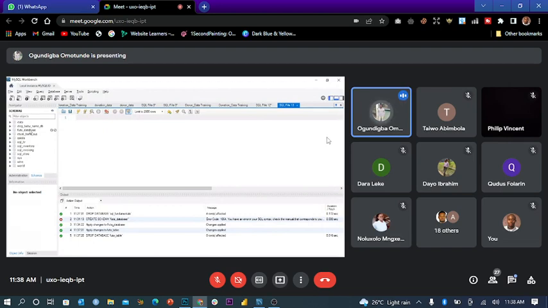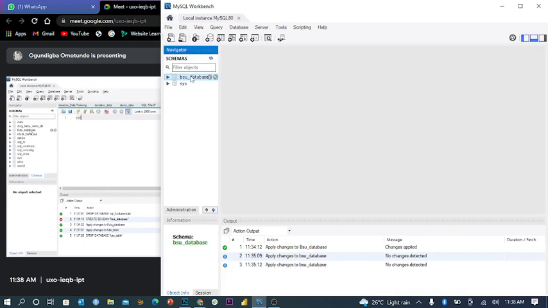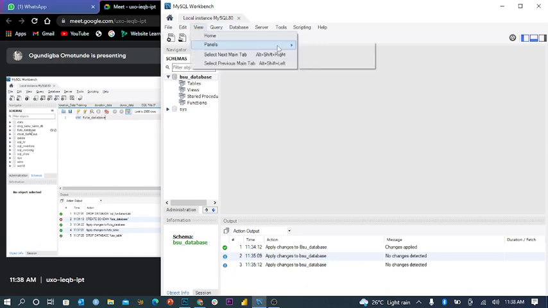Now the schema is here, but I have to double click it for SQL to know that I want to create that table into this schema. But if I don't want to double click, I can just tell SQL to use the database, footer underscore database.